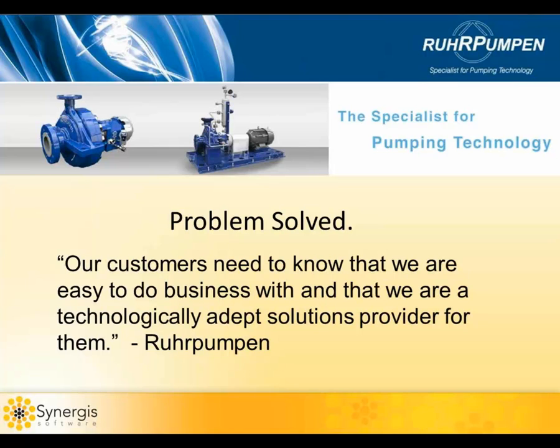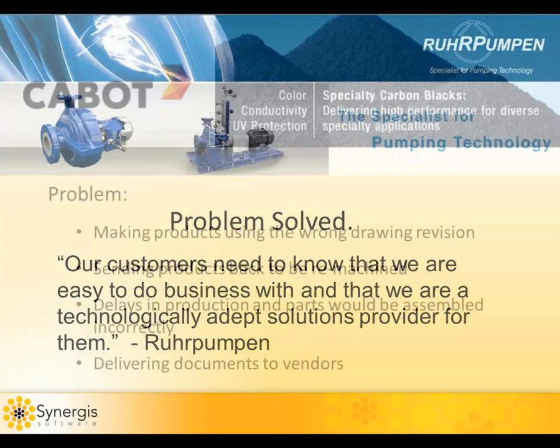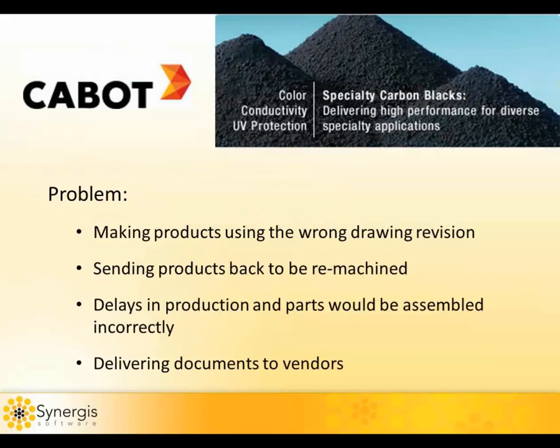So the last customer challenge I want to share with you before our second part of our live demo is that of Cabot Corporation. Because Cabot Corporation, they're a chemical company, and their main product is carbon black. Carbon black is used in everything from tires, paints, and printer ink to plastics. And this requires high-grade steel furnaces that see temperatures well over 3,000 degrees. So that's important because all these furnaces are designed and built in Cabot's research and development facility and shipped all over the world. So they were having problems with parts created using the wrong drawing revision that resulted in costly remachining. So this causes delays in their production, and incorrect documents and information also caused delays when they were assembling